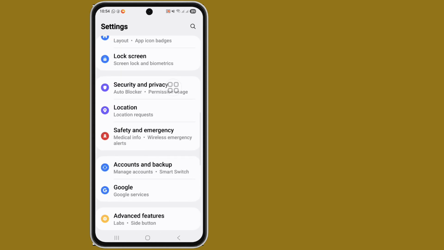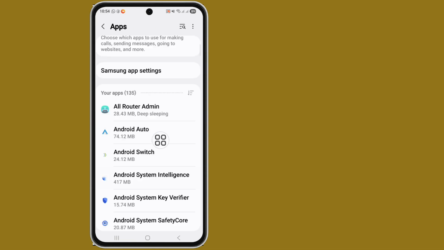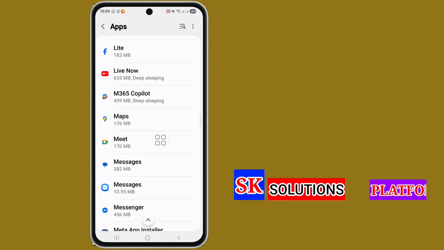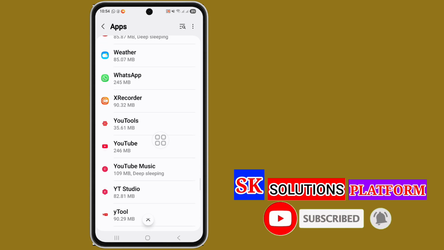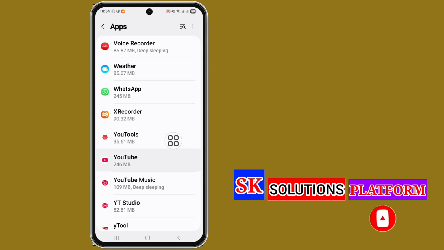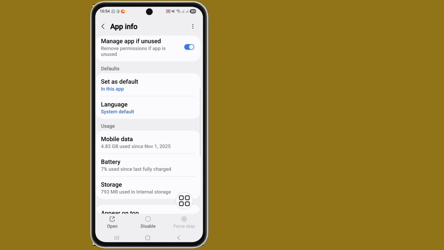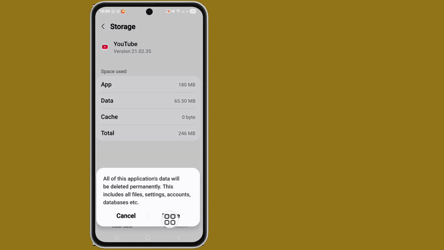and scroll down. Now click on the apps option and scroll down. Scroll down. Now tap on the YouTube and force stop. Okay. Scroll down. Now click on the storage and clear cache and clear data. Delete. Go back